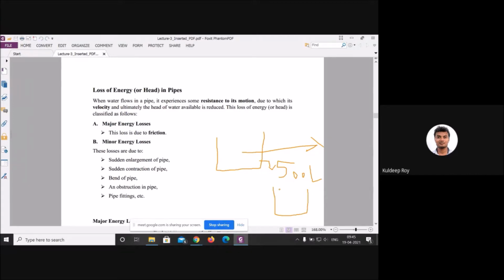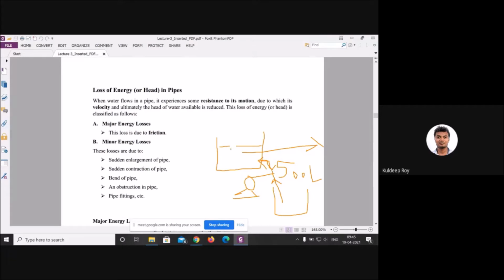But if you want to flow a fluid from this tank to this tank, then you have to apply additional force. In between, you have to apply a pump. Then what will be the working principle? If you apply a pump, it will send water from this tank to this tank. But if you have calculated the pump's NPSH value, it is near about 10 meters or 3 meters, then you cannot claim that the velocity of the flow near this tank and the pump head will be the same as what reaches this tank.